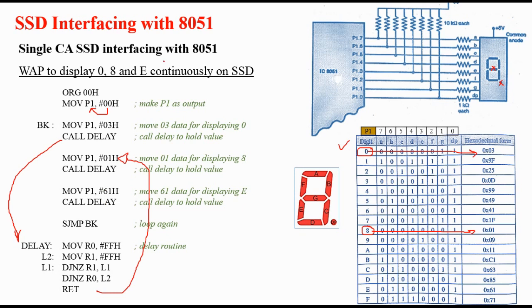After that, in order to display E, we want B and C and the decimal point to remain off. So here to display this E, we are making the other segments high, and B, C and DP remain low.